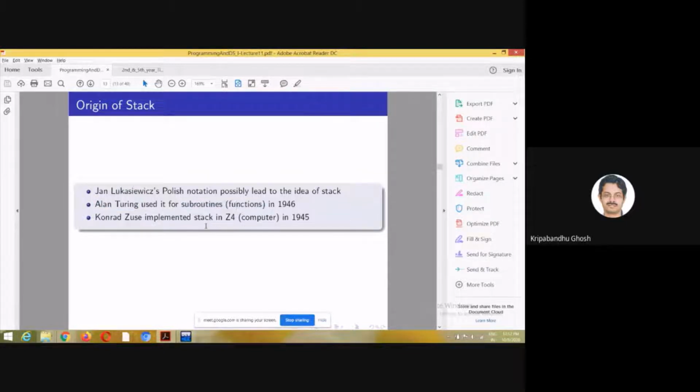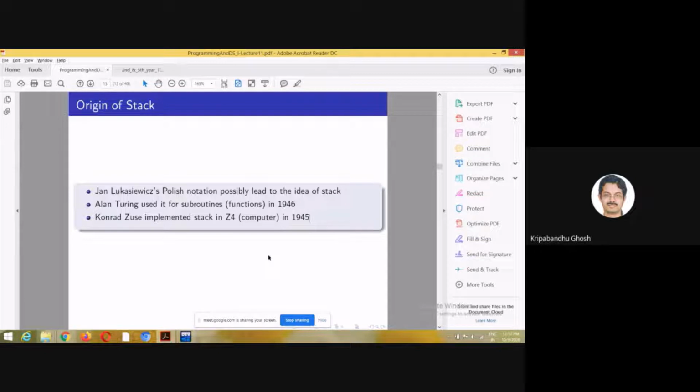But in 1945, which is earlier than Alan Turing mentioned, Konrad Zuse implemented stack in one of his computers,